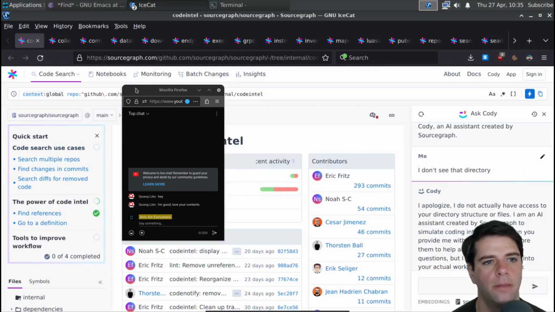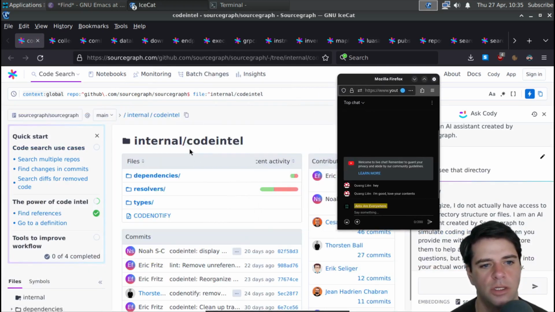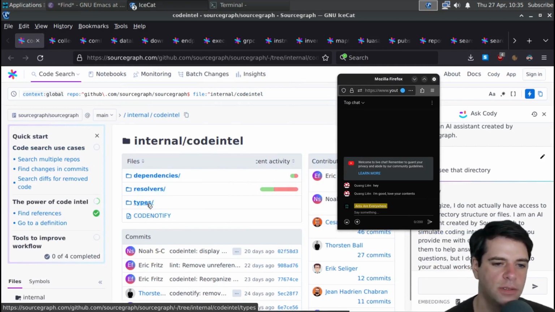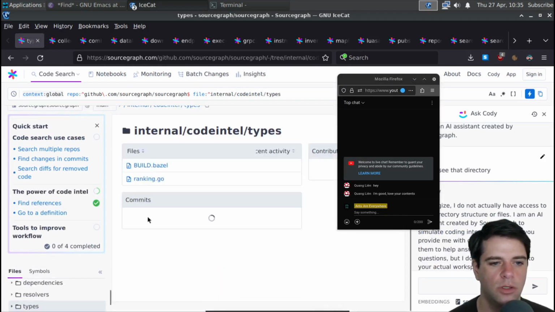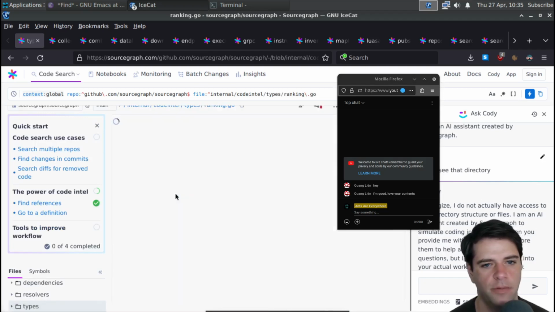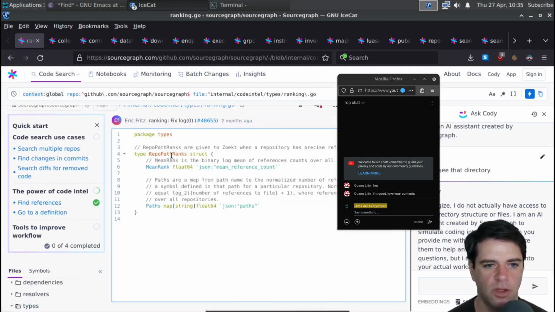Okay, I'll move along. Okay, here's code intel, internal/codeintel. And we have dependencies, resolvers, and types. I guess, what does code notify? So types, we have ranking. Repo path ranks